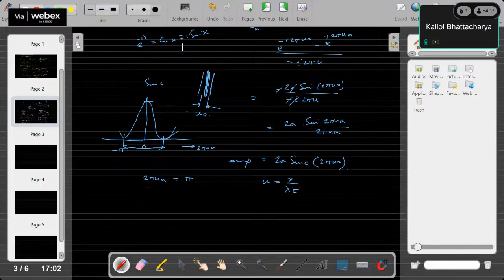Also, if the dimension of the slit is known to us, for example, if a is known to us, then the equation is now,